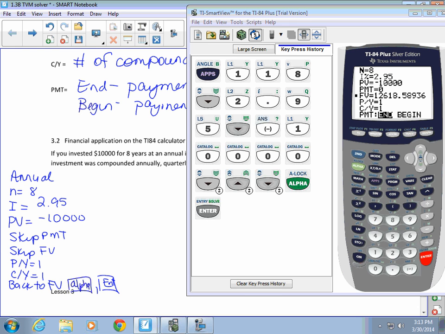So for the annual amount, our future value was $12,618.59. So to do this quarterly, same idea, but what we need to do here for quarterly